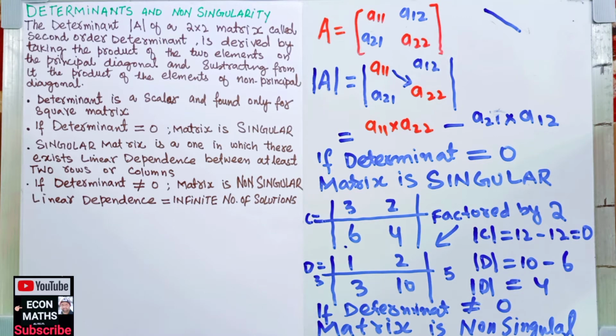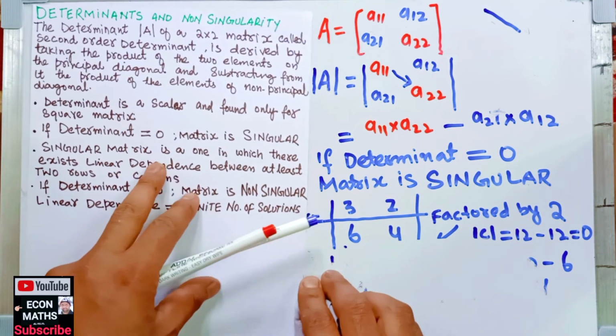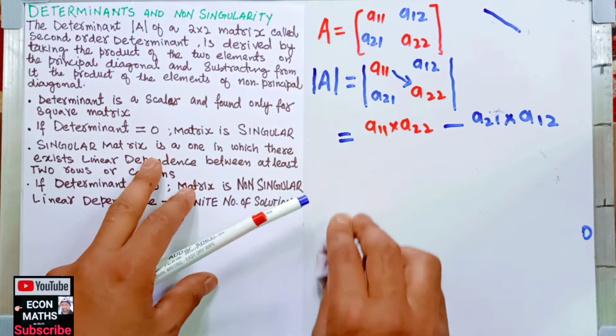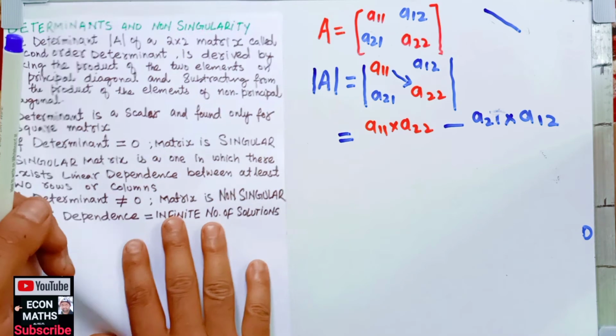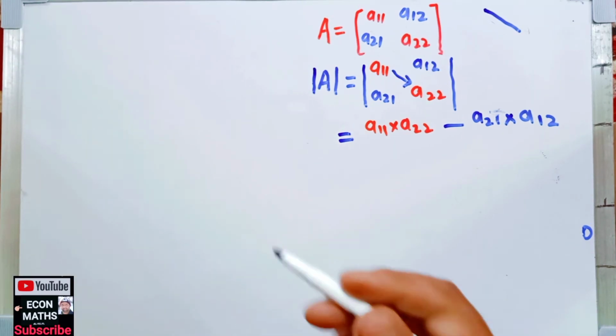Now we can have another example of the linear dependence. Linear dependence also means that if there is linear dependence, there are infinite number of solutions. That means if I have a system of linear equations, let me erase this and take this out. Now if I have a system of linear equations, that is